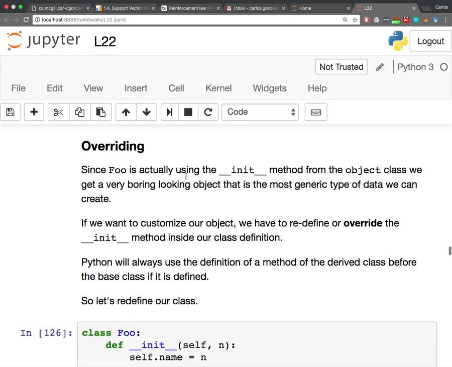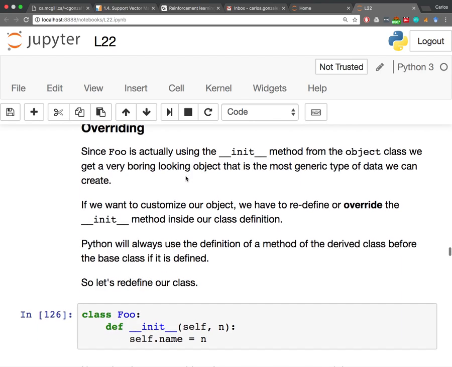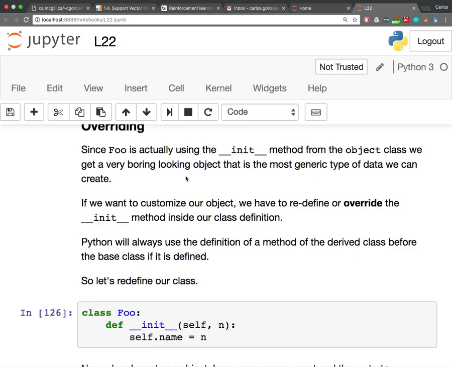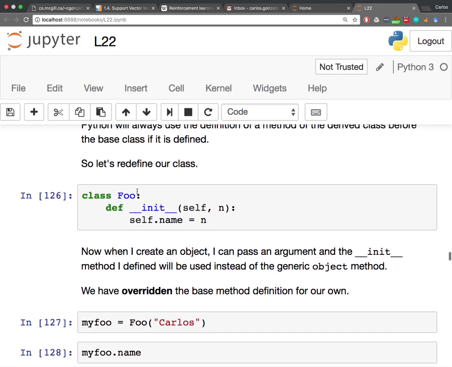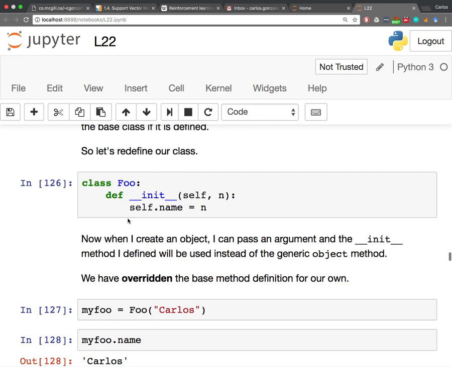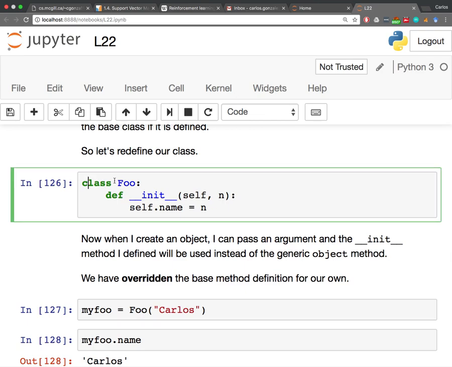So this is cool, but not super useful, right? The object class really is a very big umbrella that anything can fall under. Really, we'd want to define our own type of class that has some useful data to it. So instead of using our parent's init function, we would use our own. Okay, so we would define our own function. Now let's upgrade our class definition to look something like this. Again, we have the same thing. We say class foo, but now we're going to do some extra work and define our own